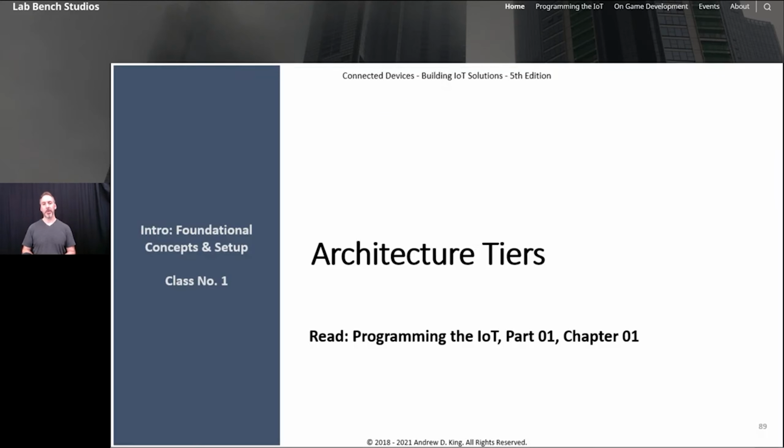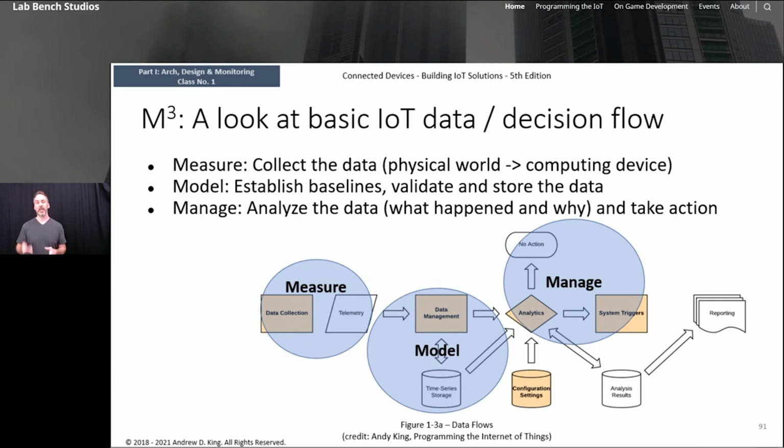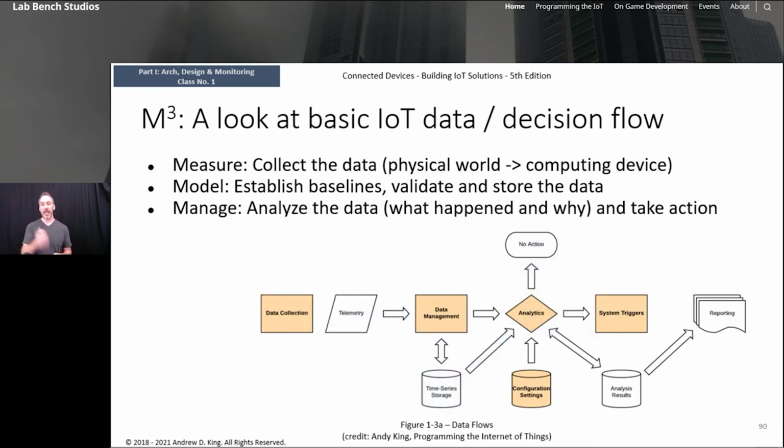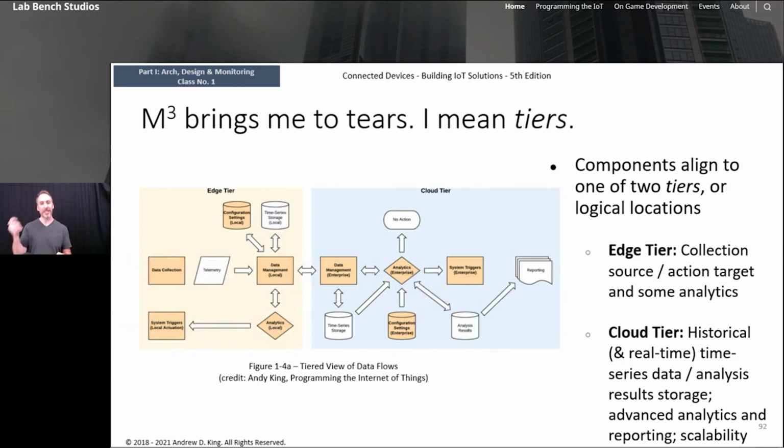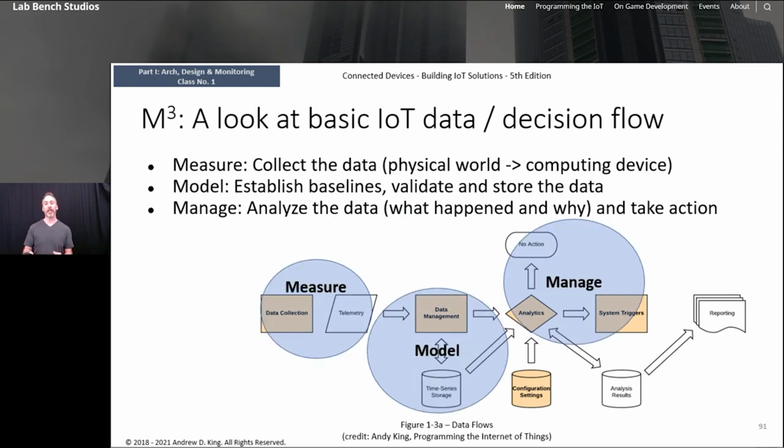All right, so let's look at architectural tiers. Architectural tiers are very, very important. If we consider our measure, model, manage construct, they fit into this architectural tiering, if you will, not here, but actually here with the edge tier and the cloud tier. Let me go back for just a moment. Notice that we've got a bunch of different things going on that represent our measurement, our modeling, and